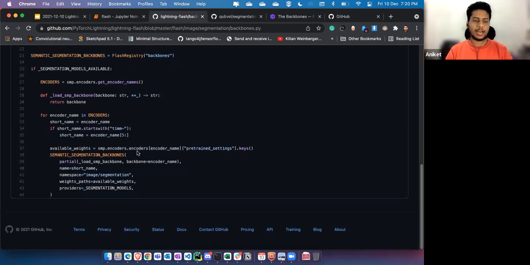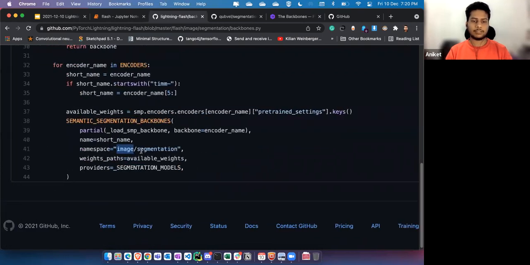For that, all I have to do is call the FlashRegistry and provide my function to load the backbone. I can also provide the namespace. Namespace is basically your task name slash the type of task. Basically, I am using image here, and then segmentation. I can also provide the weights path, so that if you want to load from a pre-trained model, you can provide it in the configuration.